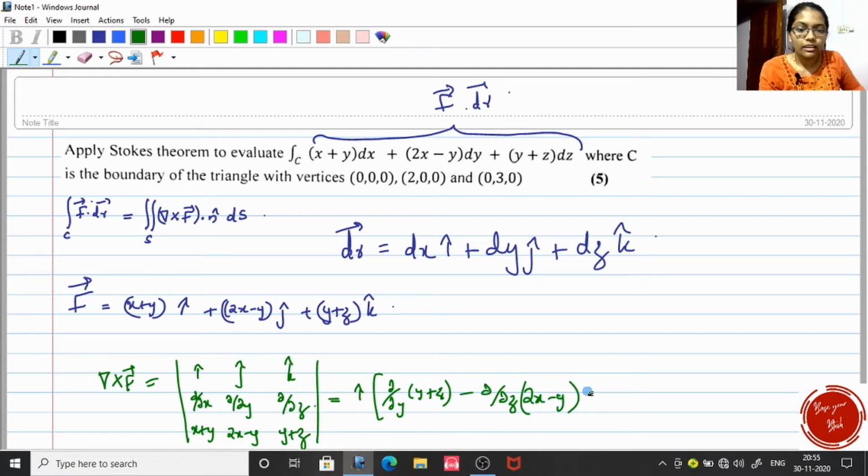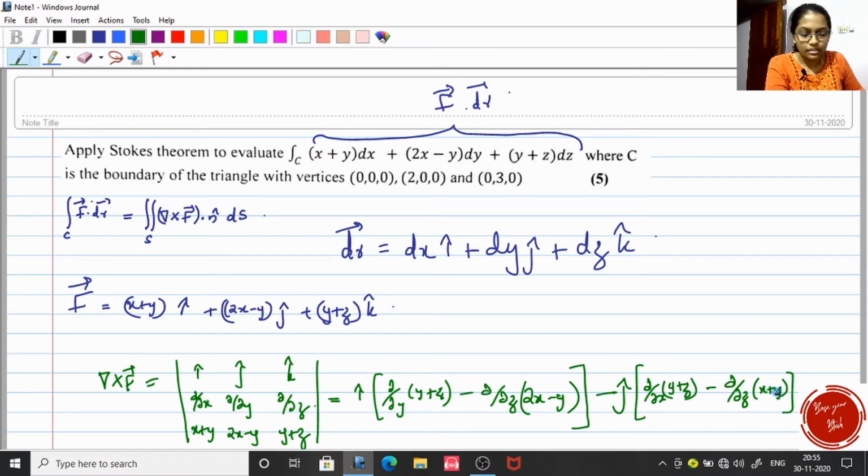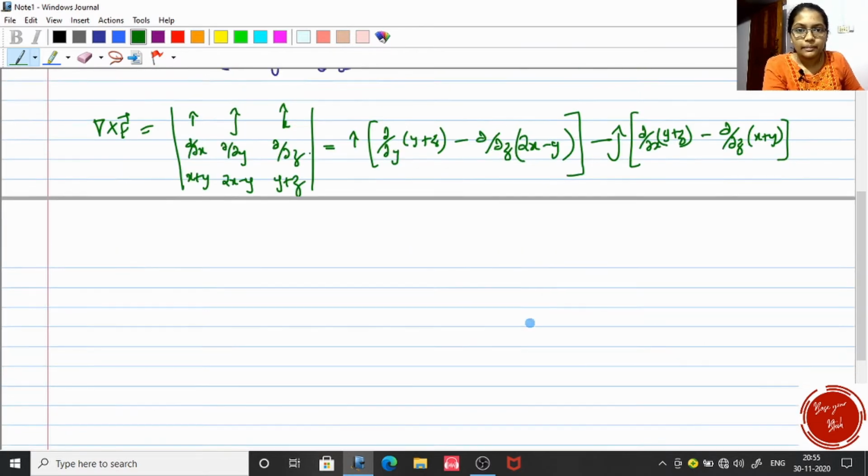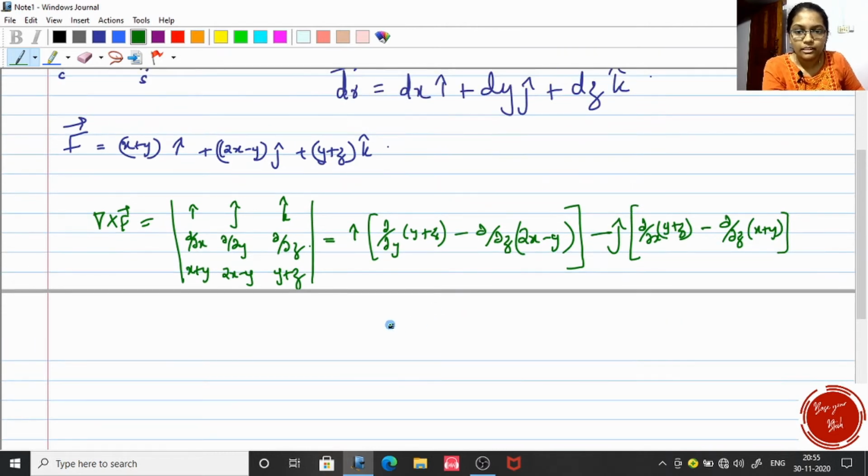minus j cap into dou by dou x of y plus z minus dou by dou z of x plus y, then plus k cap into dou by dou x of 2x minus y minus dou by dou y of x plus y, okay,